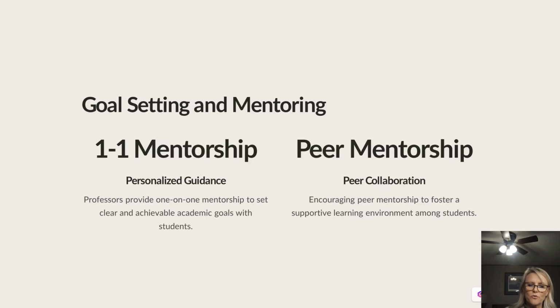Goal setting and mentoring, one-to-one mentorship. Personalized guidance. Professors provide one-on-one mentorship to set clear and achievable academic goals with students. Don't make the goal the entire course. Make the goal the individual